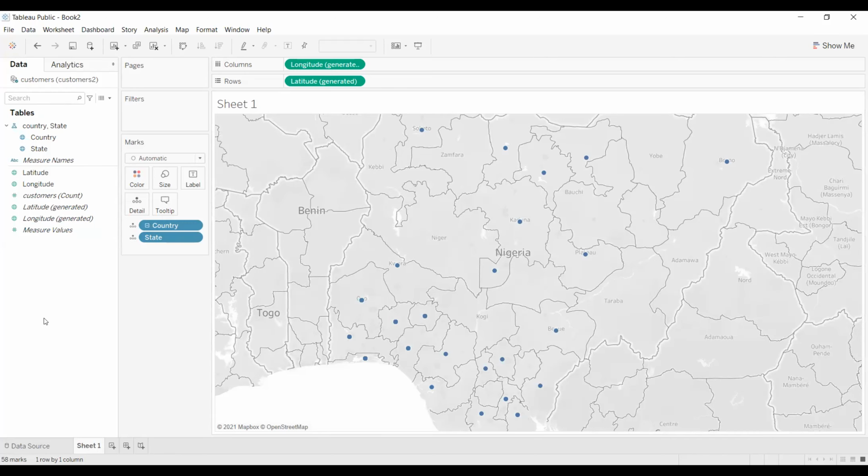Okay, so now let's visualize the position of the customers. In order to do that, we can now